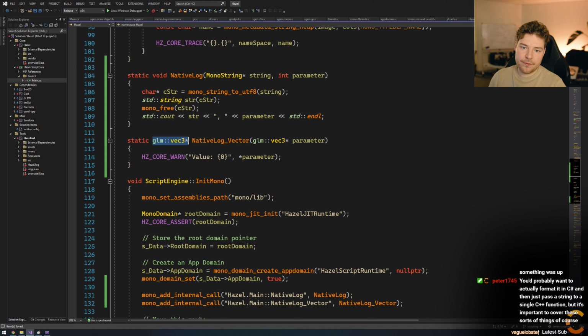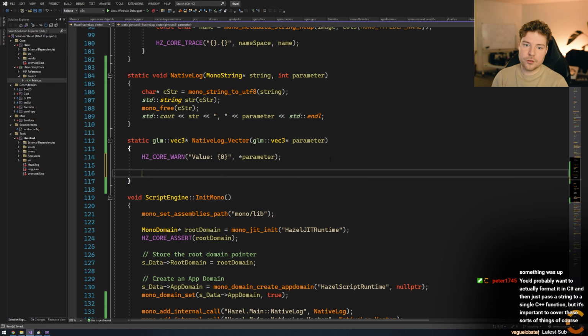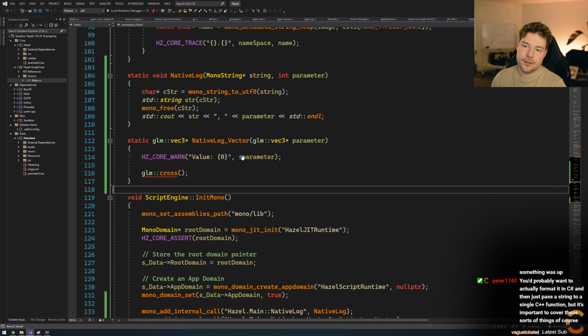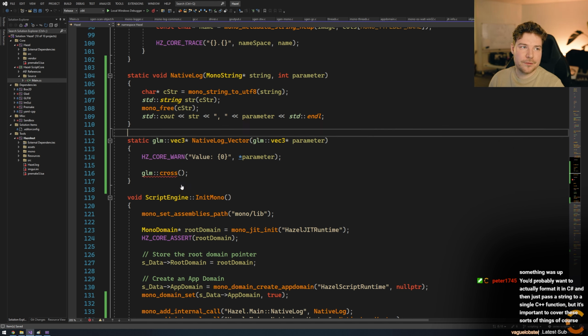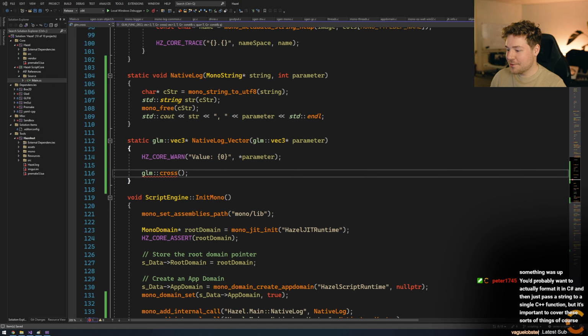So we could return a vec3 here. Let's just do something like GLM, let's just square, that'll give us a float, I guess. Let's do a cross. What's gonna be this cross itself? I don't even know. What happens if you cross a vector with itself? Because you don't get anything perpendicular to it.